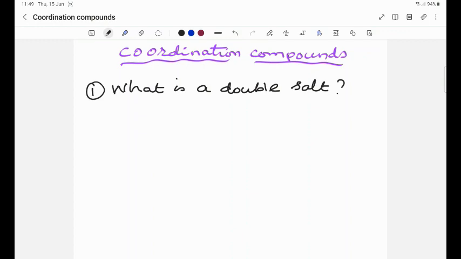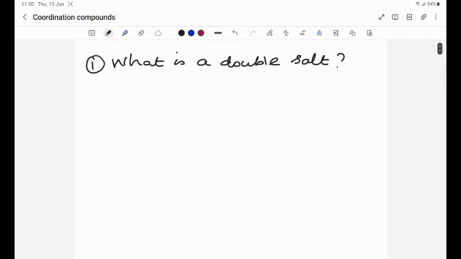Coordination compounds is one of the important chapters in grade 12, especially in the aspect of board examination. We get good marks from this particular unit. In this video, we are going to see a few questions. At the start of the lesson, we have a topic, double salts. What is double salt? Double salt is a compound